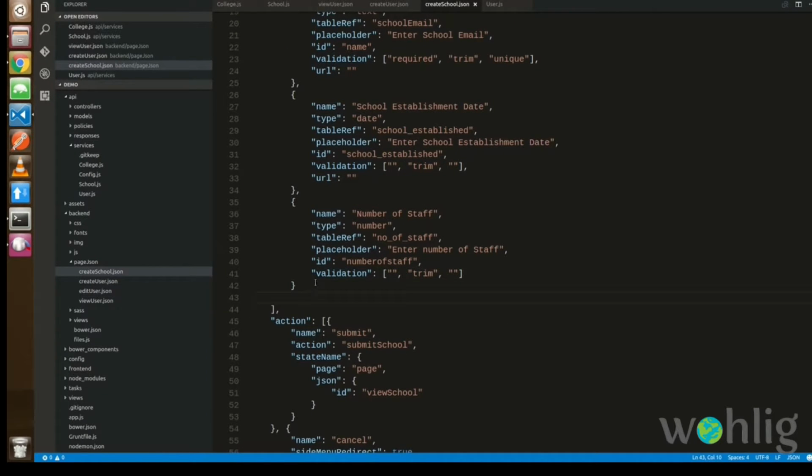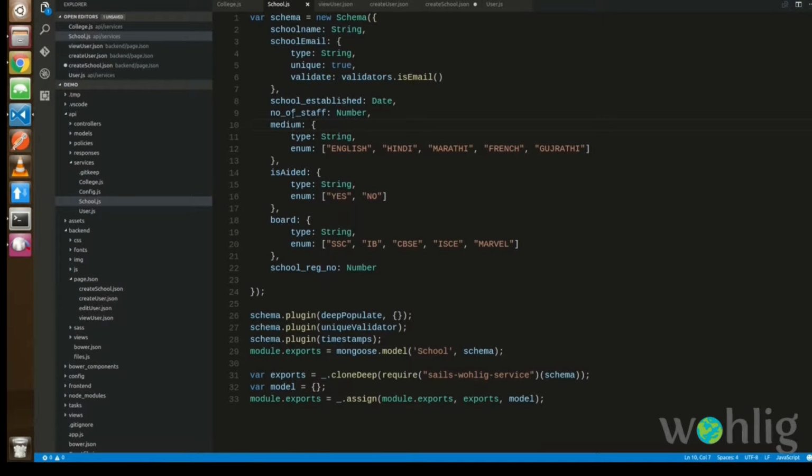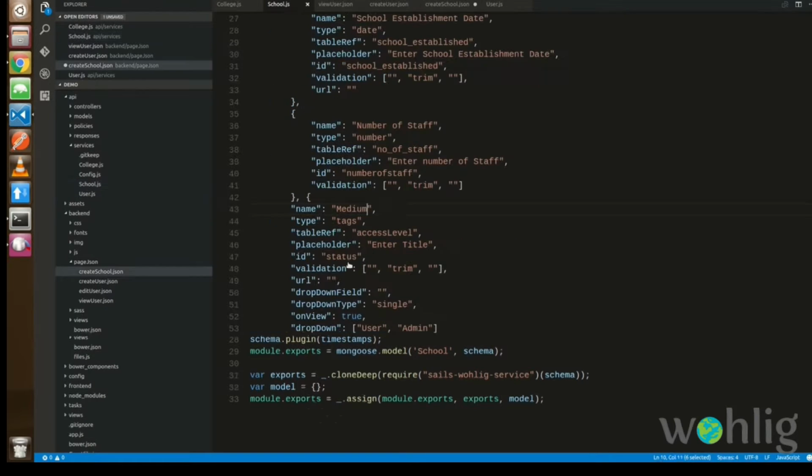You can go ahead, type it out, get familiar with the syntax. What was that? Medium. So table reference is also medium,